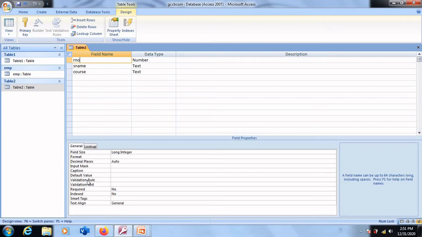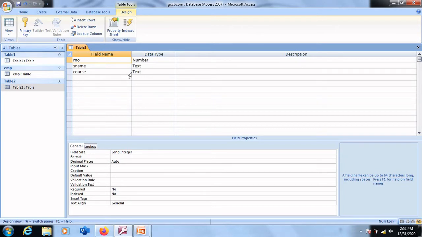Using these properties, we can manage our data, and we can have some restrictions over what kind of data can be entered. As we progress, we'll learn most of these properties. We'll understand how to set these properties for different columns. We'll understand what properties generally are required for textual data, what properties are used for numerical data, etc. As we progress with each of these examples, we'll understand how to set these properties.